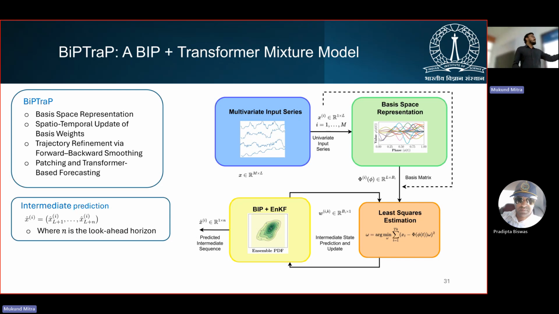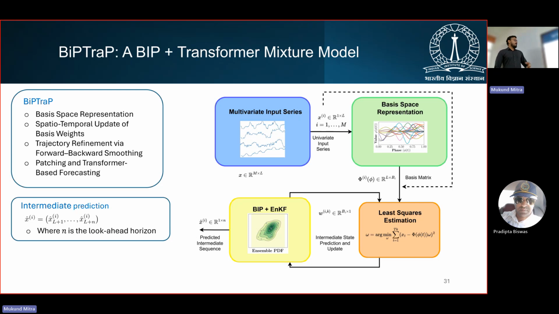So we have a multivariate series, and we split the data, basically by degree of freedom of the multivariate series, and we project it to a higher dimensional basis space using Gaussian basis function, which is evaluated at different phase values between 0 and 1 with different centers and variance. So we have projected the data to this higher dimensional basis space, and we learned the initial weights using least square regression, and then we iteratively predict one step, and then again update it using Bayesian interaction primitives and ensemble